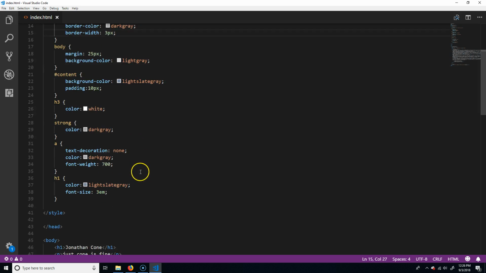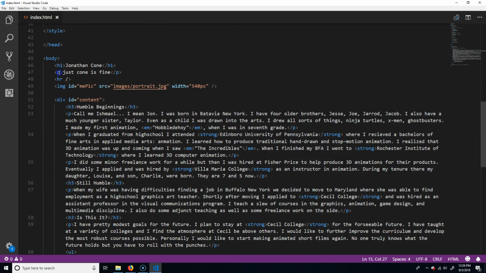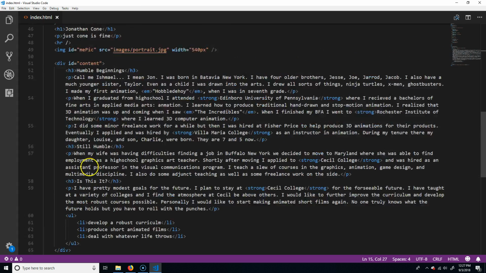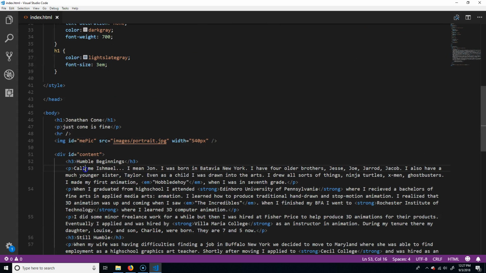Now if you look, this is a good example. I have this P here, but I don't want to do it to all P's. So again, I'm going to have to do a style here. I want to apply this to multiple ones. Normally an ID is fine if it's just on one thing, but I'm going to do a class for this. So class equals,